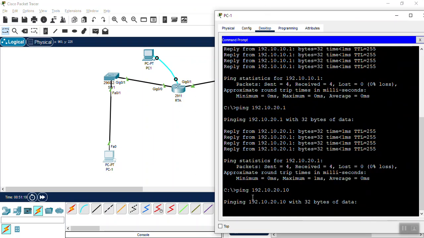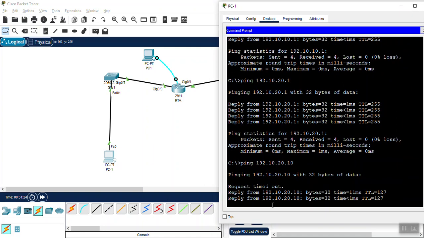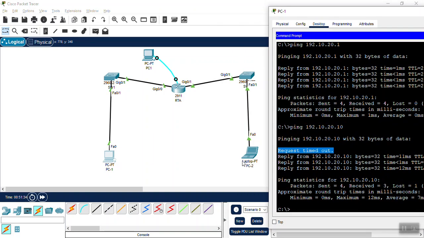Let's wait for a moment. Yes, I'm getting the reply. As you can see, the first request timed out message is displayed here. Why is this happening? Whenever you ping the destination for the first time, it gives you request timed out. It is because of ARP, the Address Resolution Protocol. It waits for the ARP reply, because only when it gets the MAC address of the destination will it start communication.